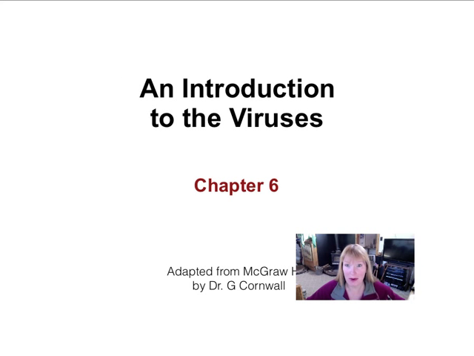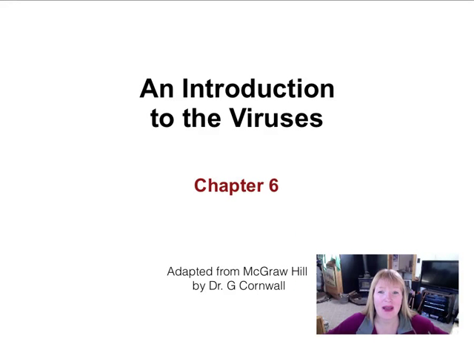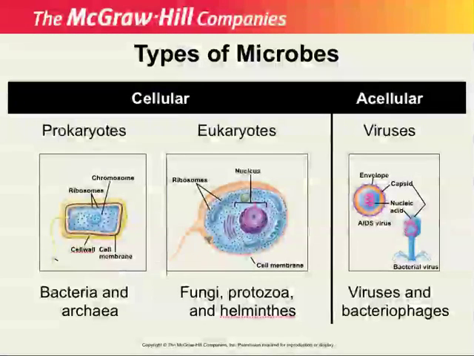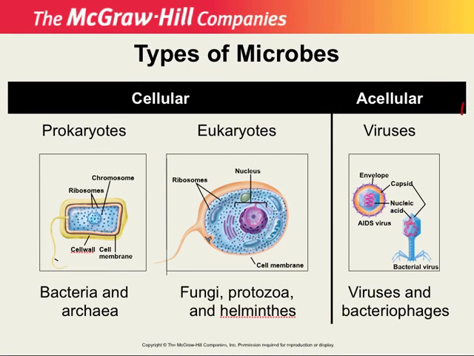Okay, so far we've covered the prokaryotic or bacterial microbes, and we've covered the eukaryotic microbes or the protistans, most of which were protozoans. Now we have one more group so that we have a full spectrum of microorganisms that we'll be studying within this course. These are the viruses. So now we'll begin to take a look at the viruses, which are acellular microbes.